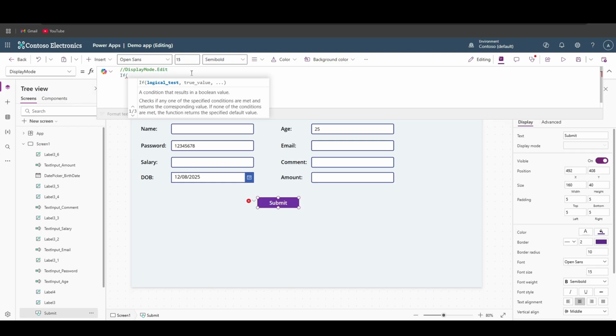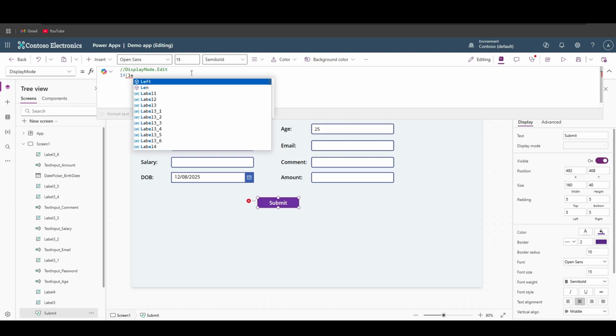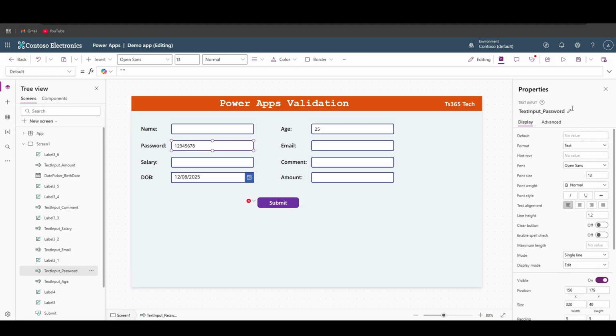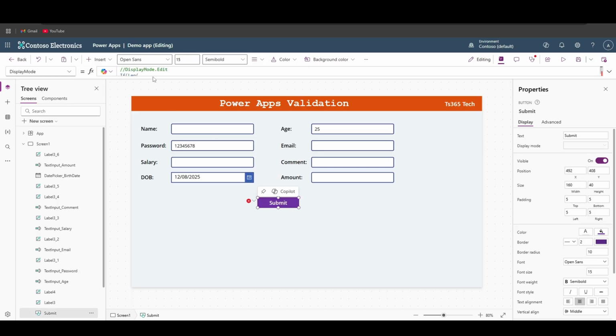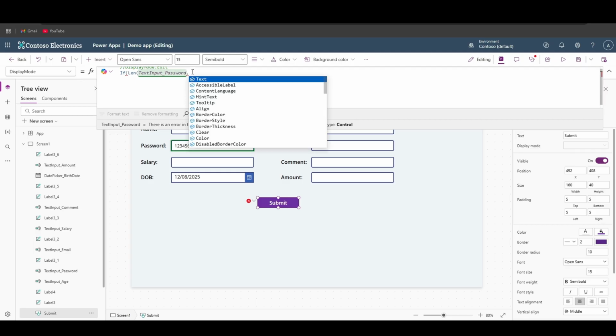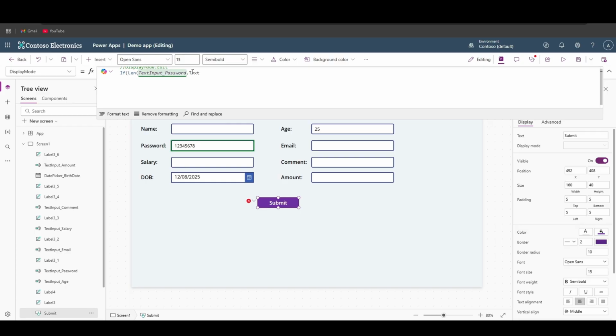If length of this text field name dot text is less than 6 or greater than 8,